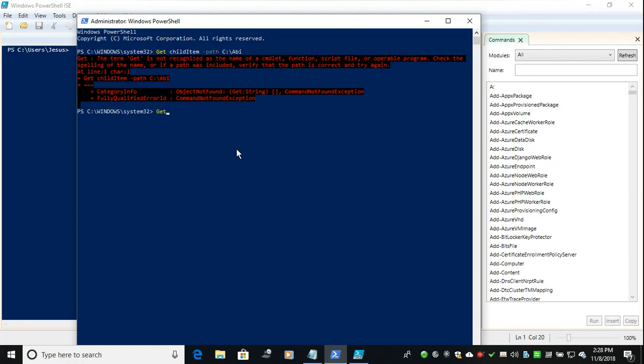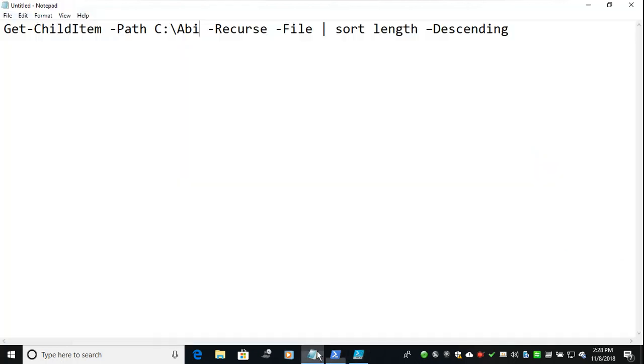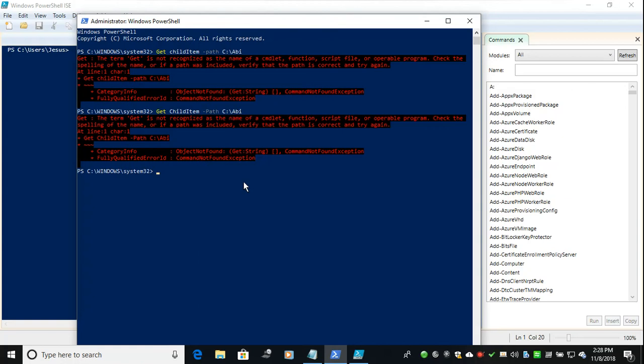Here I made one mistake. Get-ChildItem, -Path, the P is capital. Get-ChildItem -Path.